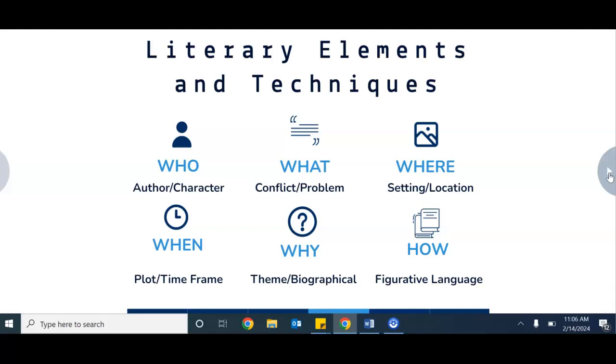The figurative language area here usually applies to how does the author or poet convey the message. Maybe through symbolism or the use of metaphors or imagery and so forth. So just lots of things you can think about using pretty basic questions.